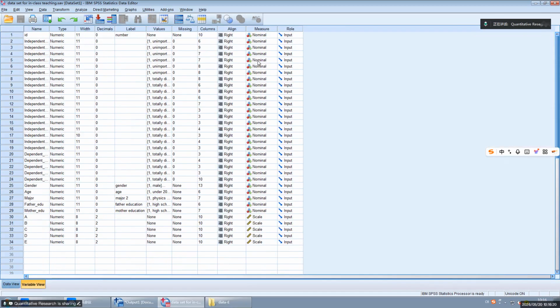You can see here, we have different scale types. Scale, ordinal, and nominal. Nominal is one of them. For more examples, gender, male, female, they are equal, merely representing different gender.